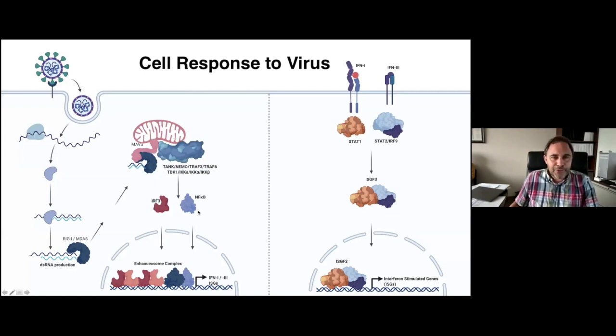And so these two major transcription factors, the IRF3 and NF-kappa B members, come and form something called the enhanceosome, and they drive the production of type 1 and type 3 interferon. So this is really the beginning of the antiviral state. And so interferon comes out, it gets released from the cell, and it can signal to the neighboring cells, it can signal to the same cell, and you get this signal transduction event, which culminates in the activation of a